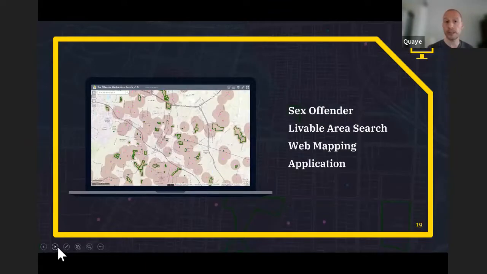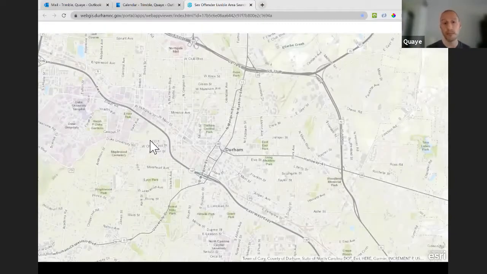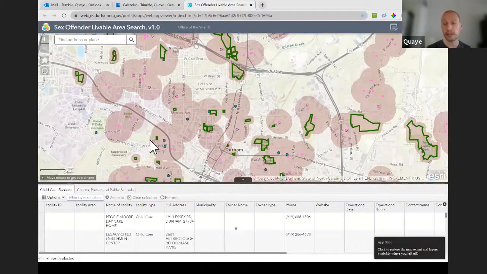Okay, so I just wanted to give you a quick look at the end user product that was developed for the Sheriff's Office, and then I'll take questions. So again, this information is provided